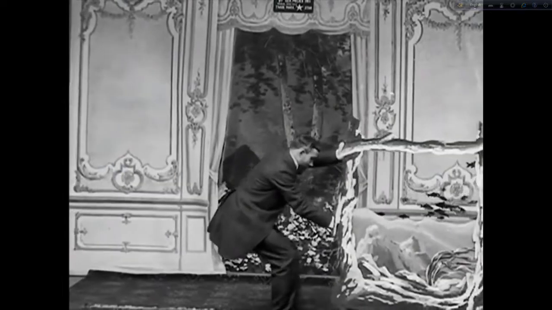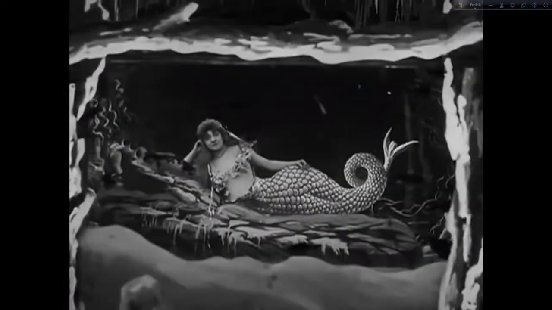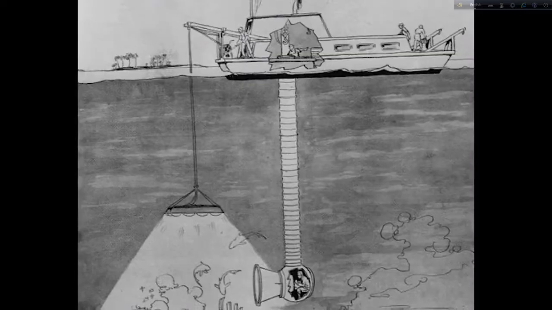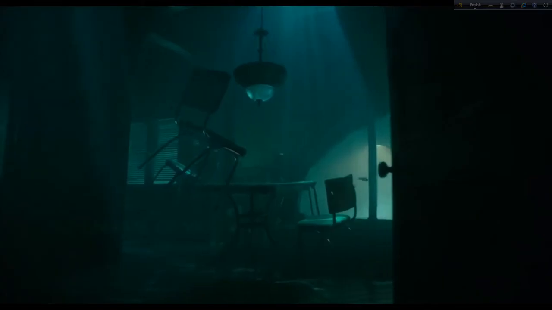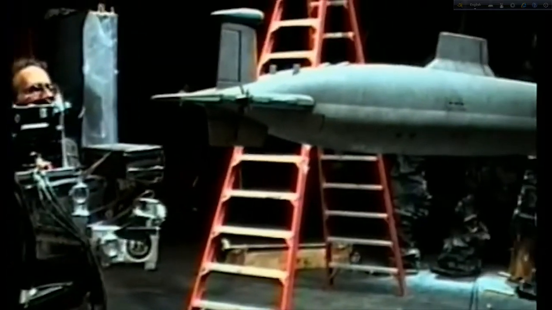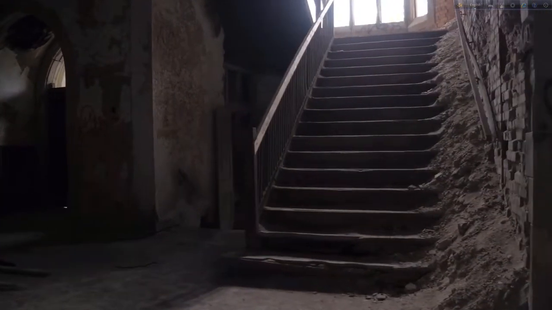For over 100 years, filmmakers have used different tricks to create the illusion of being underwater. It's a real pain to film underwater, and sometimes it just isn't practical to film practically. Like when you want an indoor space to look like it's submerged, or you've got an expensive model you don't want to get wet. On this episode of Cheap Tricks, we'll be talking about some techniques to turn this into